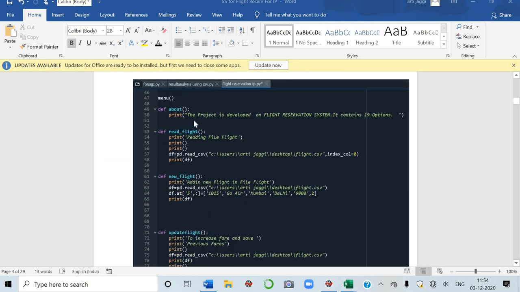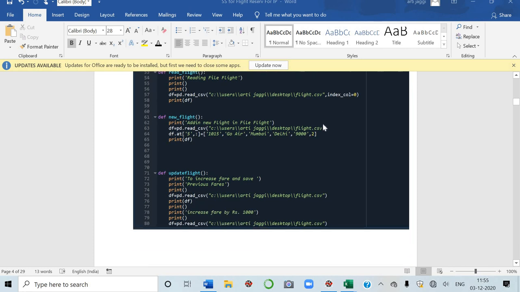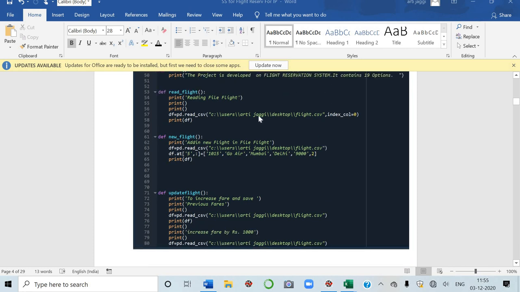See here, for the other modules I have written just one sentence. The project is developed on flight reservation system. It contains 18 options, but you can write more lines if you want to about your project.